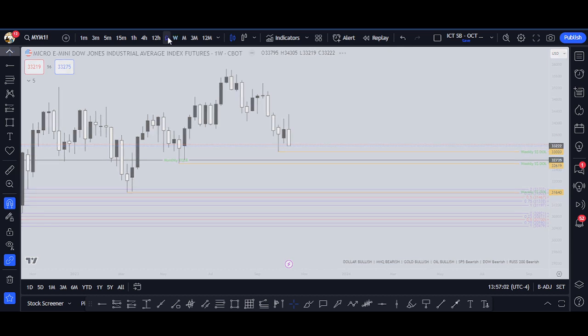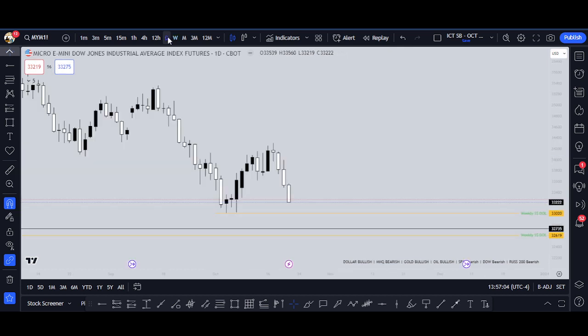All right, we take a look at the daily. I would expect it to hit higher before going low, but the algorithm could go ahead and take these out as well. But we do have this FVG as well as this implied FVG here, as well as this swing high. It could be a target. This FVG could be a target. This swing high. I don't think it'll come all the way back up here, but it could. So I want to see it push up before it starts to push down.